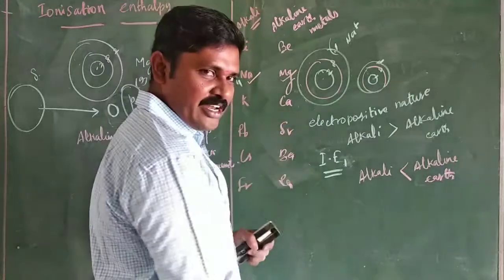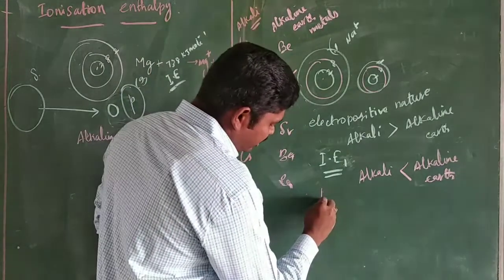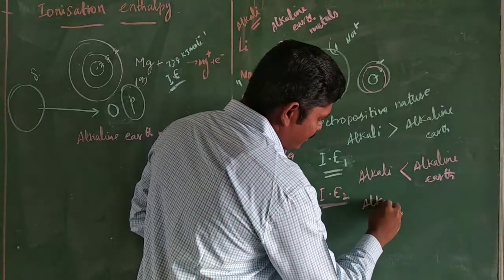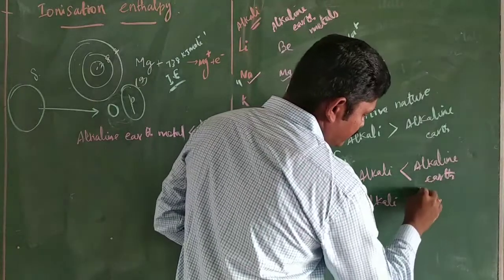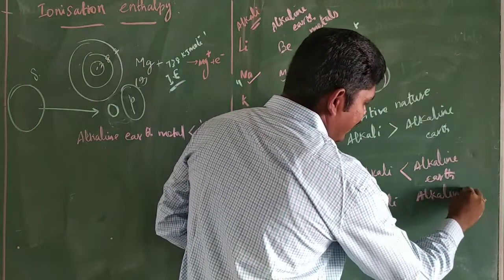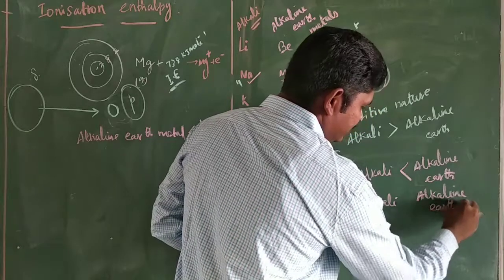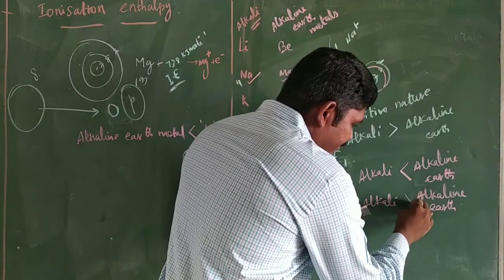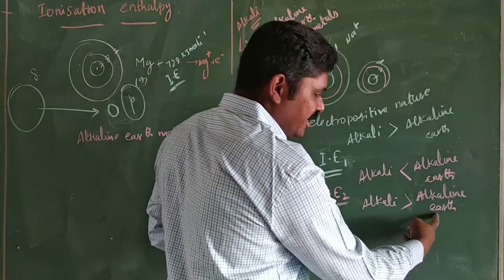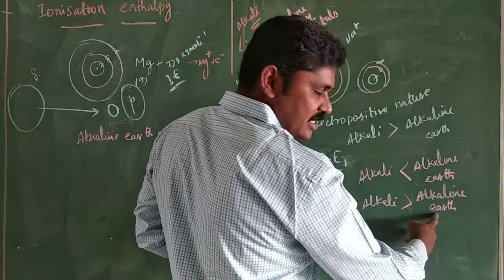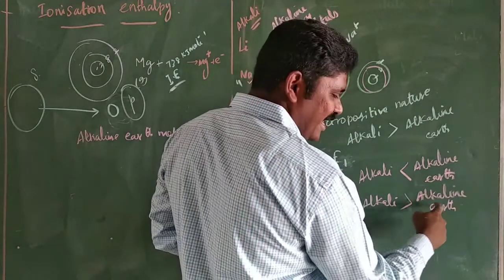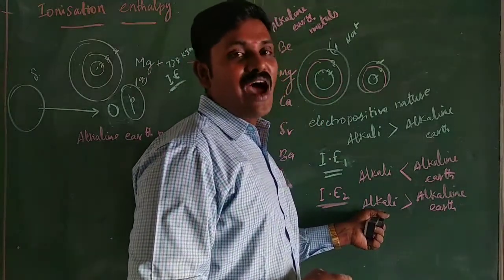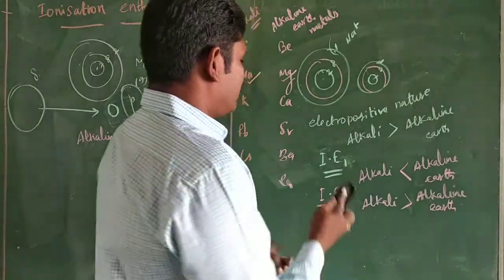But the second ionization energy, for alkali and alkaline earth metals: the second ionization energy of alkaline earth metals is less than alkali metals. The second ionization energy is more in alkali metals. The reason: